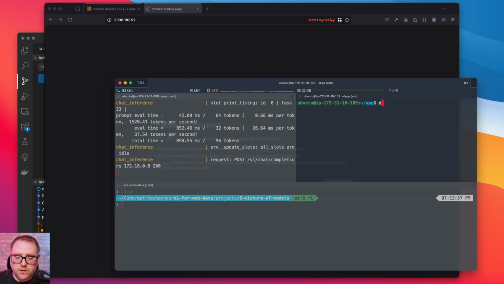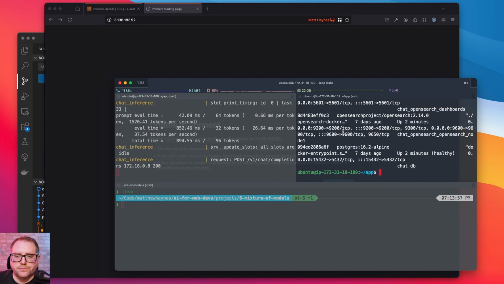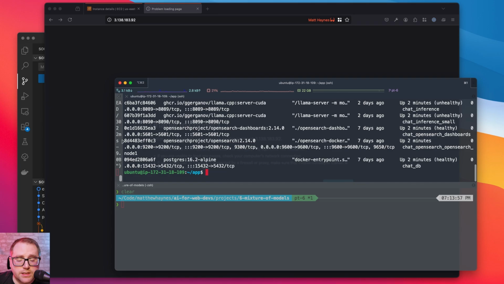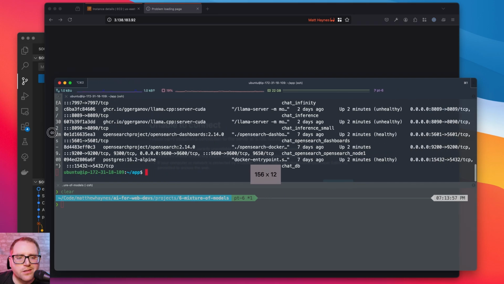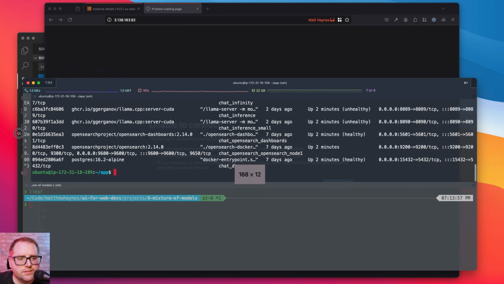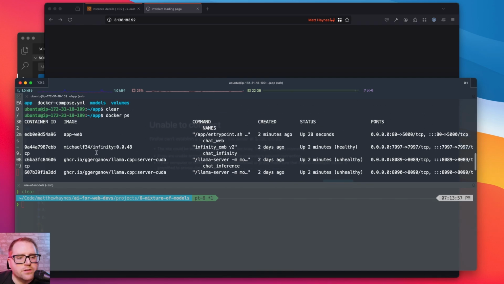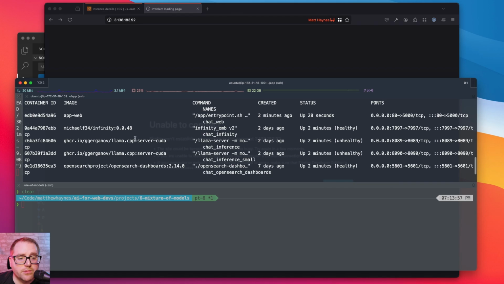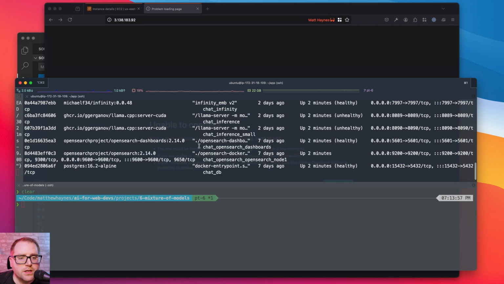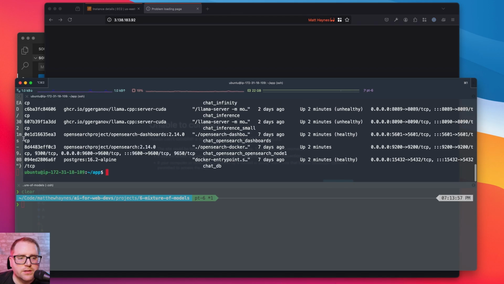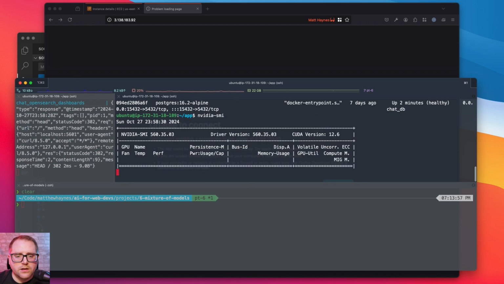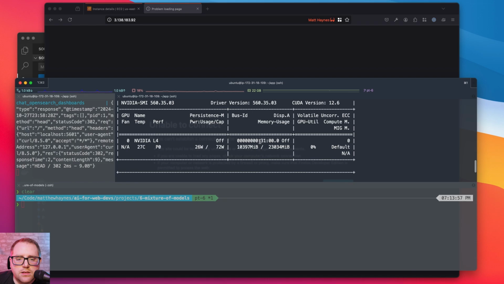Okay, our stack should be started. Let's take a look here. So we can see the services we've got. We'll make this a little wider. All right, that's fine. So we've got our web, we've got Infinity embedding, and then we've got these two inference ones, and then our OpenSearch and Postgres. Then also what's interesting, NVIDIA SMI, we can see here in this case, we've got plenty of